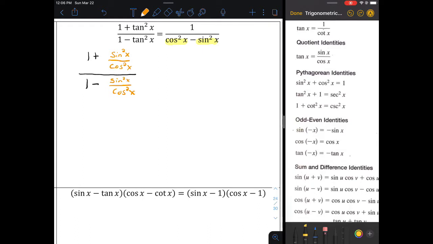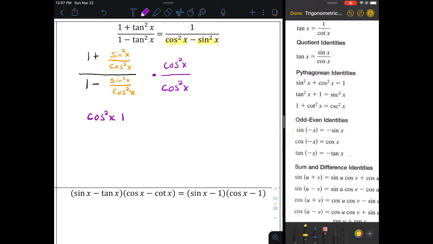Now, from here, I'm looking and I say, all right, well, I don't want to have a complex fraction. So I'm going to multiply to get rid of the denominators inside of here, which from here, when I do that, I would choose to multiply everything by cosine squared x. And if I do that in the numerator, I would also have to do that here in the denominator as well. And when I do that, my problem will become cosine squared x